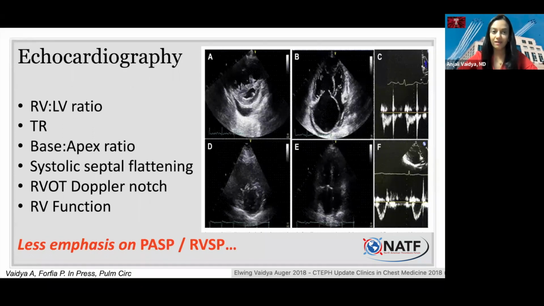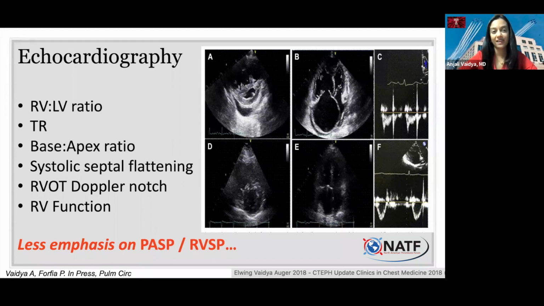And it's really big in panel B, and it's much bigger than the left ventricle, which is next to it. And it shows that the muscle is really thick. It's hypertrophied, which means it's been working really hard against a high pressure for a long time. And the shape of it, so I mentioned what we call the RV to LV, right ventricle to left ventricle ratio. We can see backwards flow across that tricuspid valve. That's tricuspid regurgitation, or TR. We can look at the ratio of the base, the bottom of that chamber, compared to the apex, which is the very top of the picture there. That ratio changes when there's significant pulmonary hypertension.